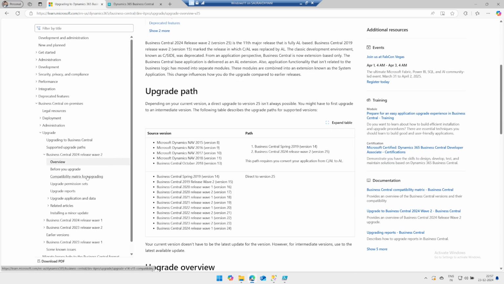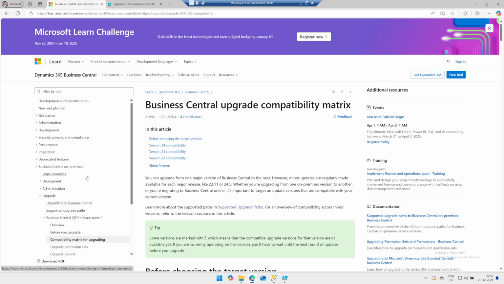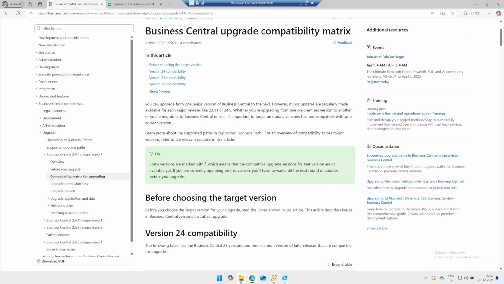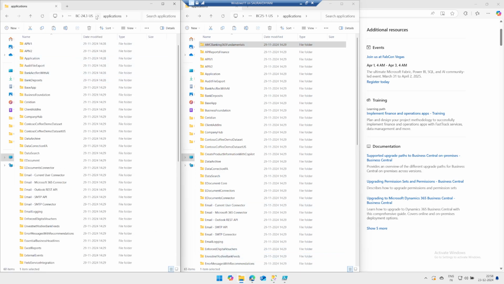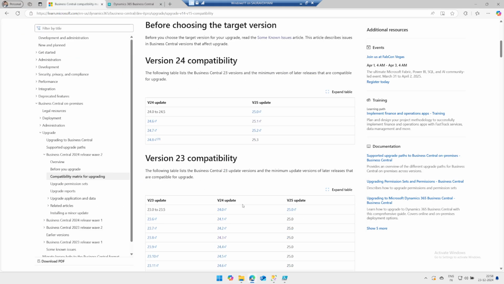First, you should check the compatibility metrics as we are upgrading from Business Central 24. Let me be very clear what 24.x this is. Okay, this is 24.3. So if you are upgrading from 24.0 to 24.5, any of these cumulative updates, I can